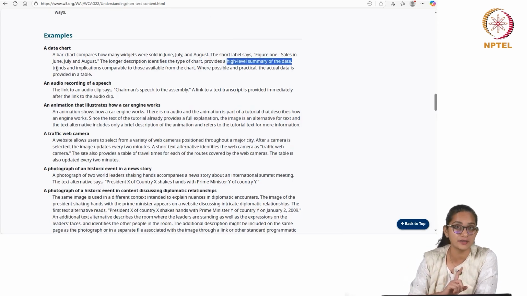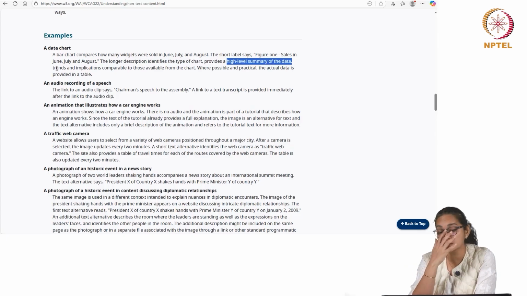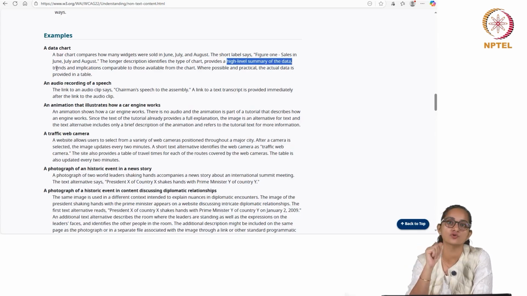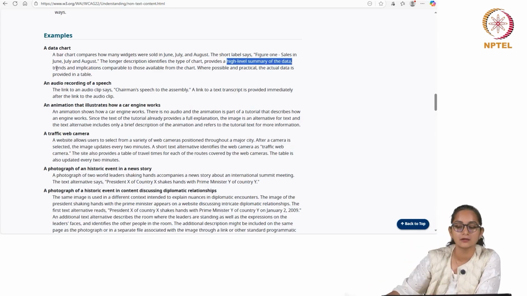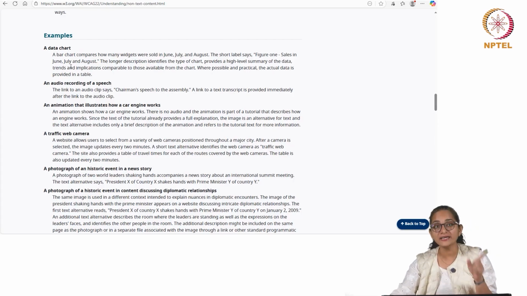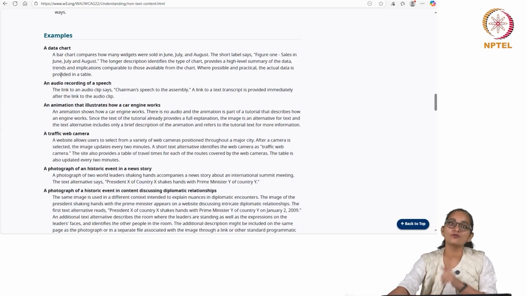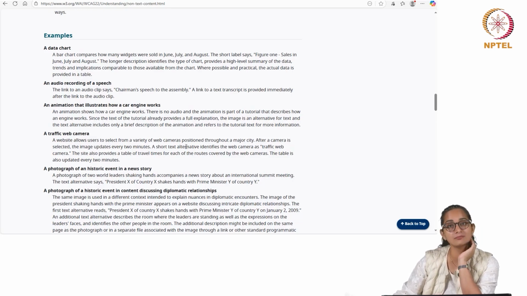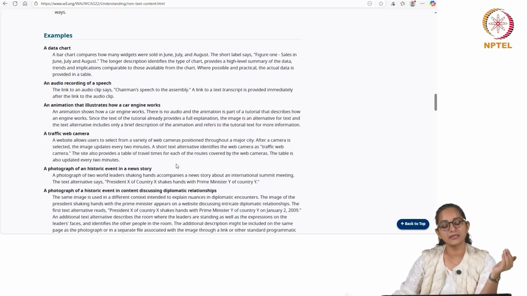So, this is for the alt text, this is not a caption, this is description of the visual content in a textual format. High level summary of the data, data trends, implications comparable to those available from the chart. Where possible and practical, the actual data is provided in a table in the form of alt text itself, so it can be accessed by screen readers and other formats also.